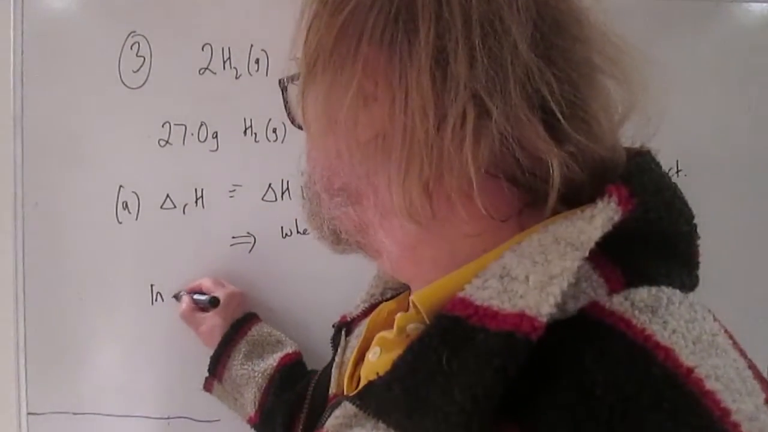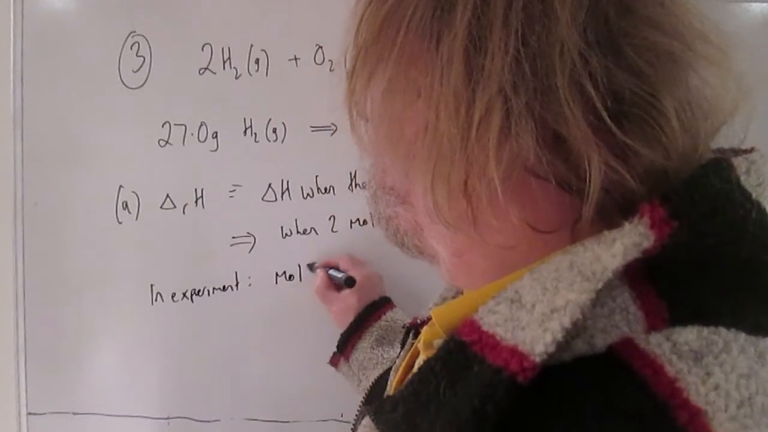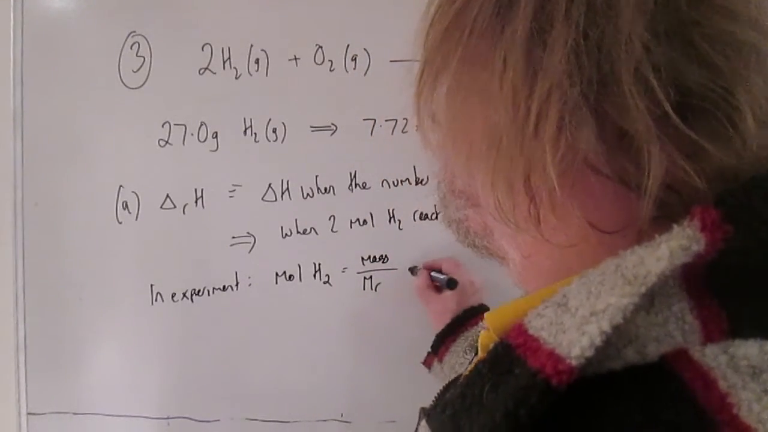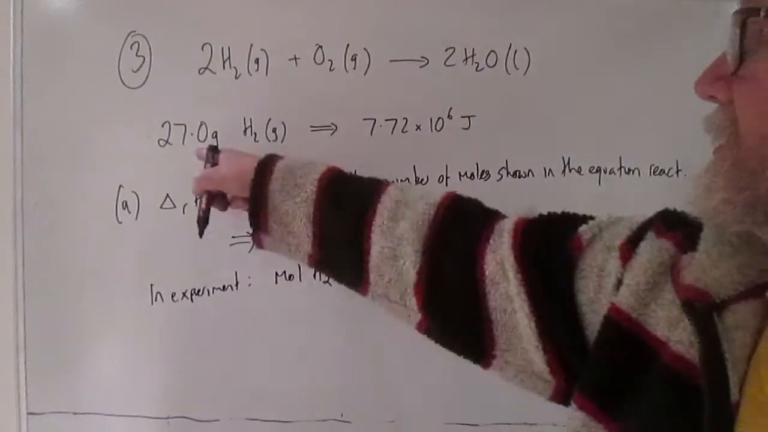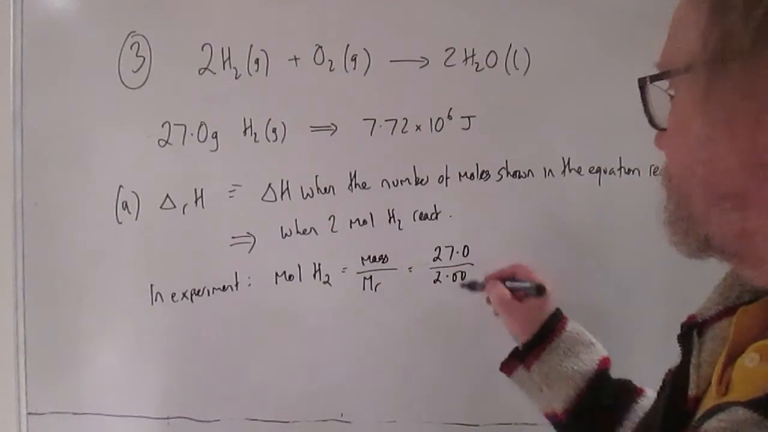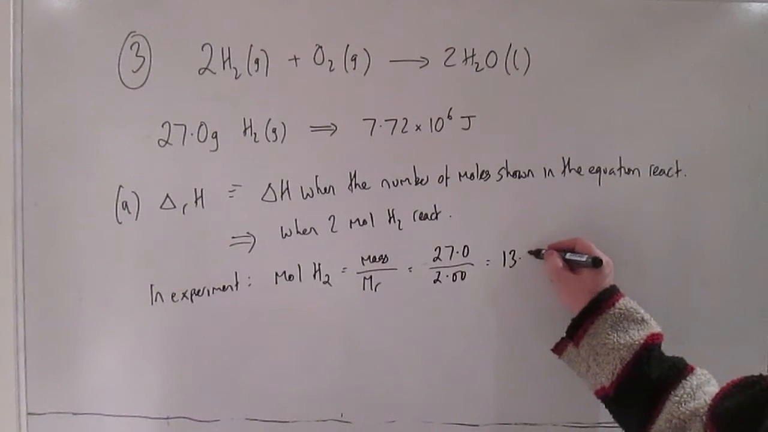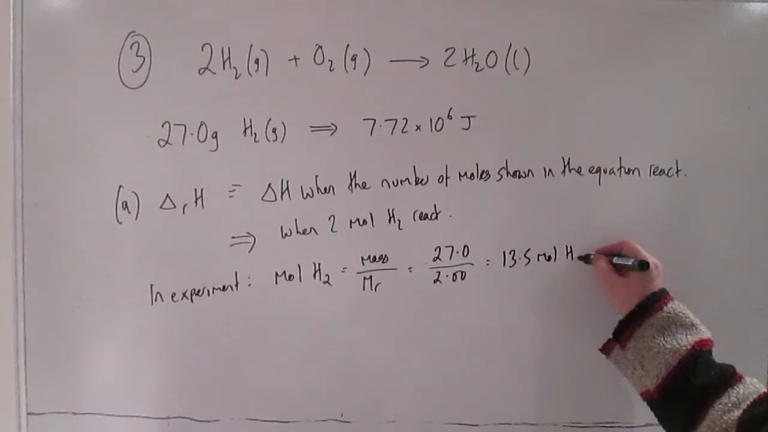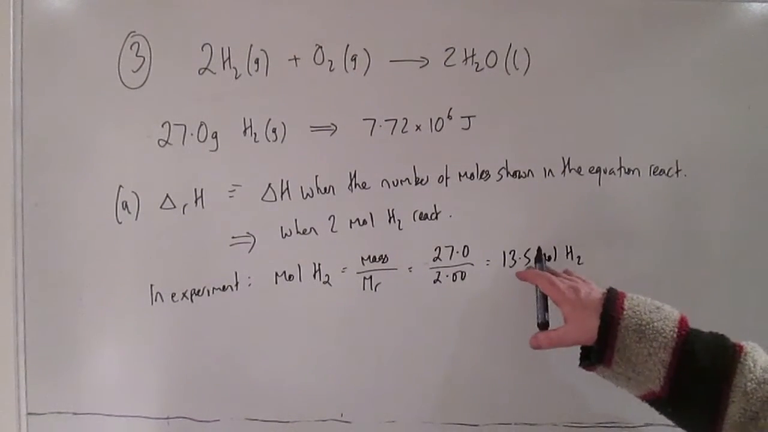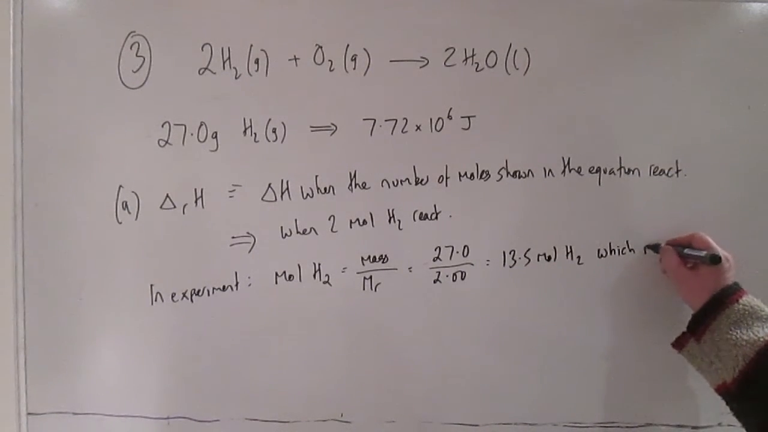So in the experiment, the moles of hydrogen is mass over Mr, which is 27.0 divided by 2, because hydrogen is H2, so the Mr is 2, which is 13.5 moles of H2. So what we've got to do is to then work out, well, if 13.5 moles